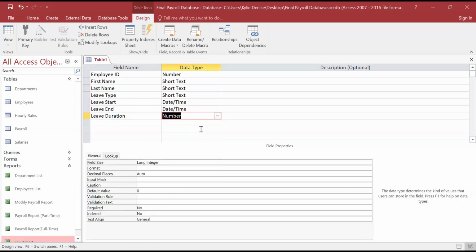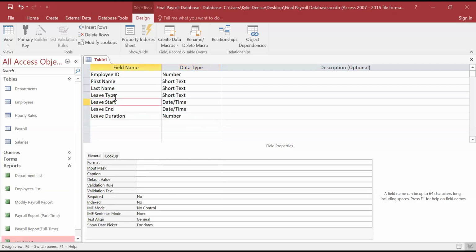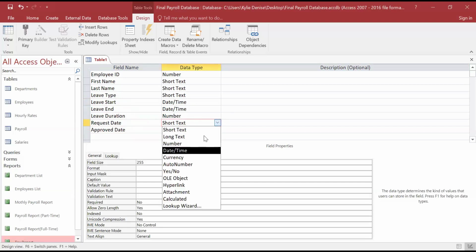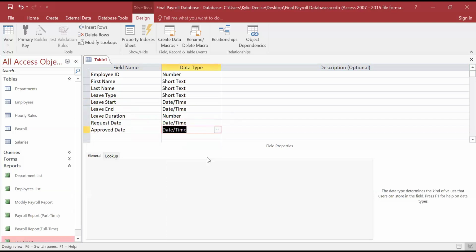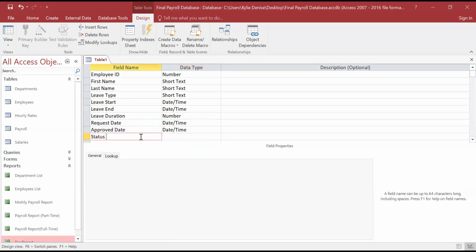Here request date, approve date. Request date, approval date. Okay. Status. Status of leave. Leave status, yeah. Then reason.